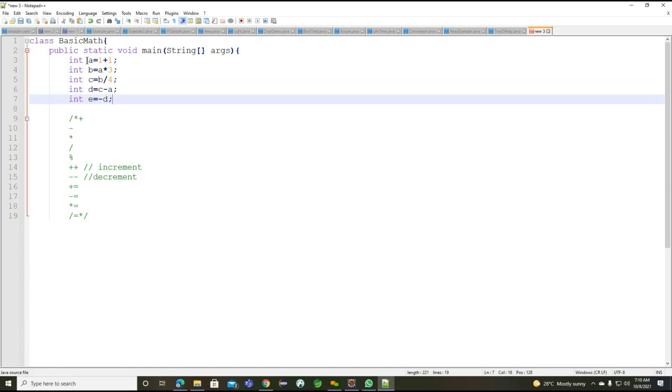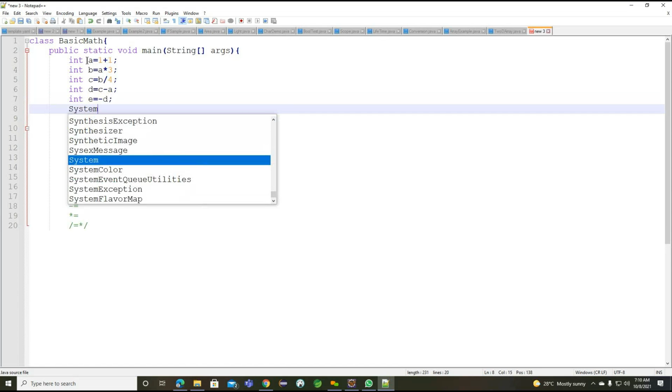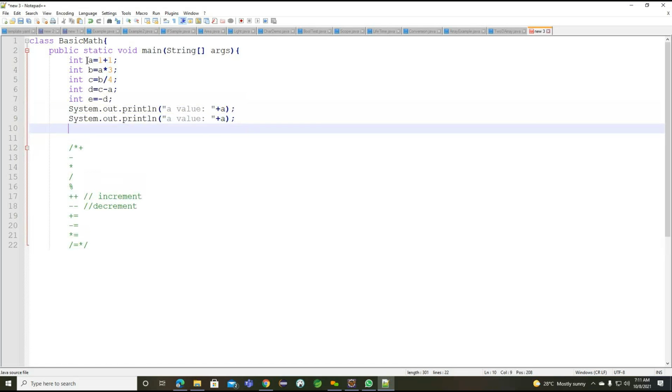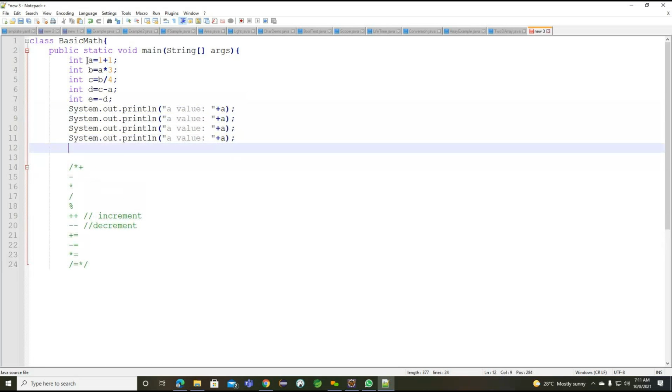With the help of these basic operators, we'll try to print all the values here. A value, B value, C value, D value, and E value.